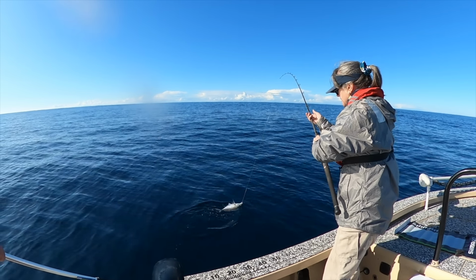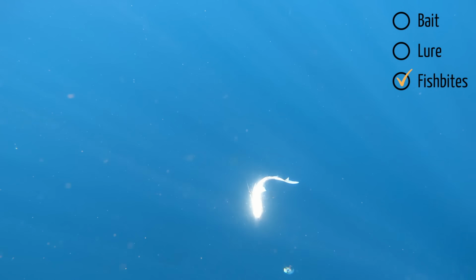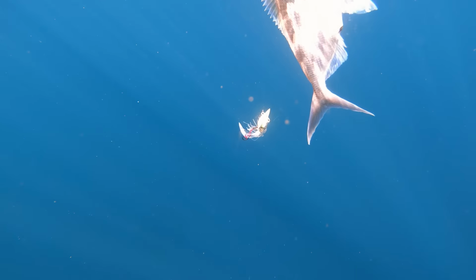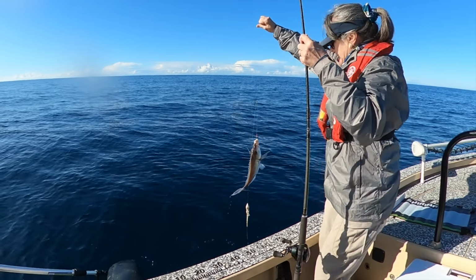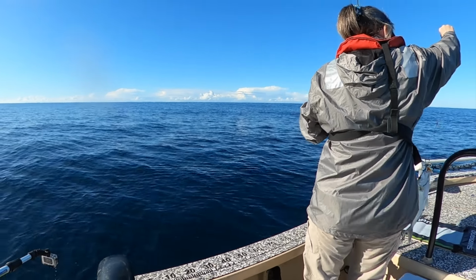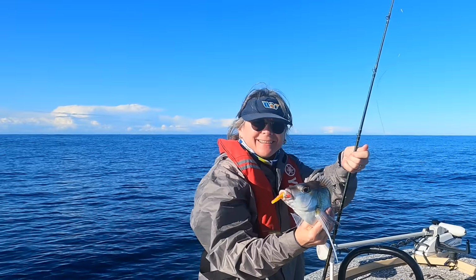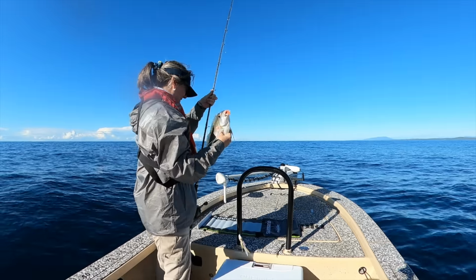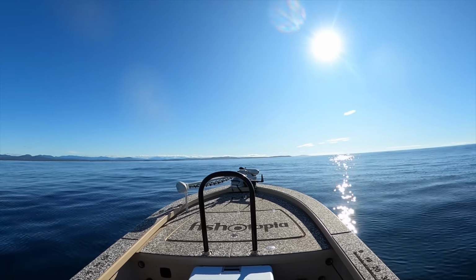Here he is, Moe. Nice. On the fish bites. Sure is. That hook will hold him pretty well, just don't give him too much slack, just pull him up. Nice! Good guy. Well done you. Spin him round here and give us a call. Nice. It's been a pretty reasonable session and we've got several meals on board now, so we decide to